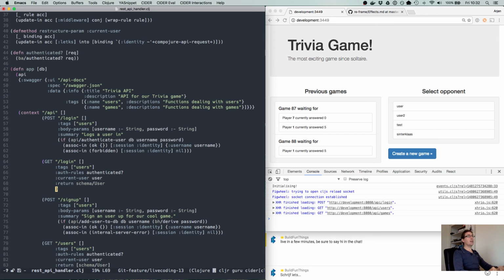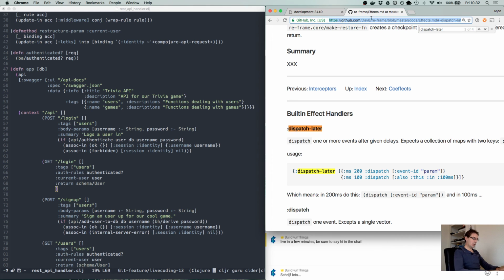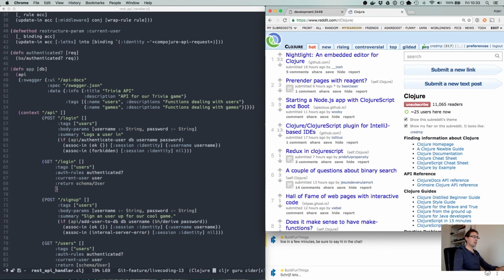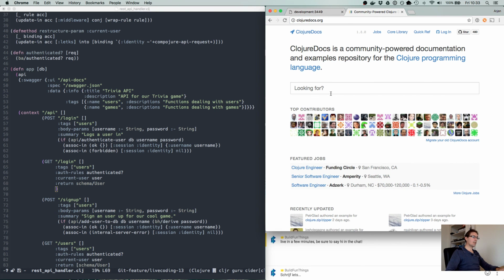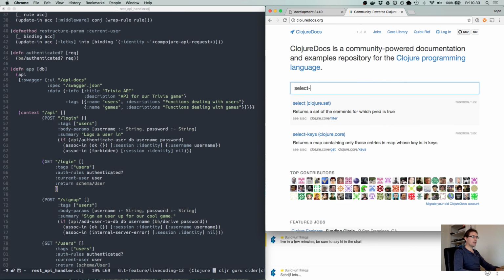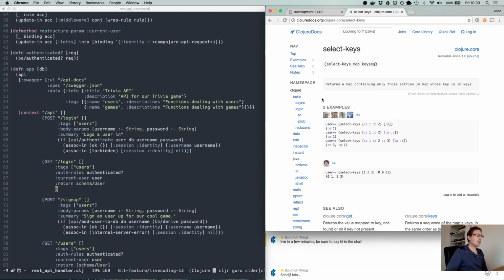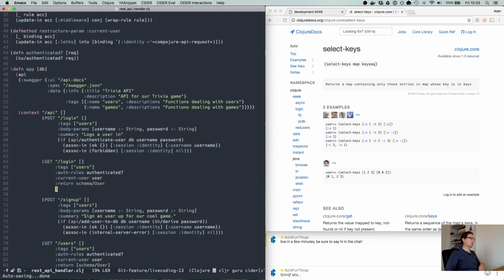And now the thing probably returns the hash as well, and the hash is something that we don't want. So can we use select keys then? Closure docs, select keys. Alright, returns a map containing only those entries in map whose keys are in keys. Right, so we can do